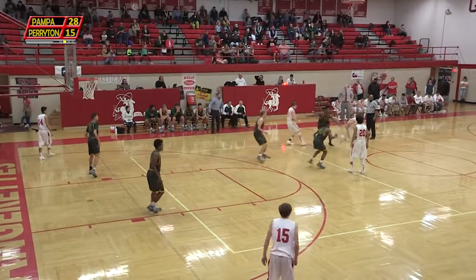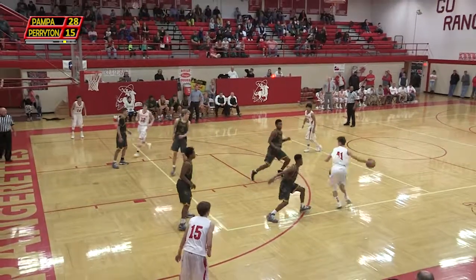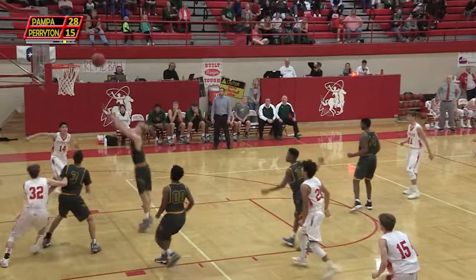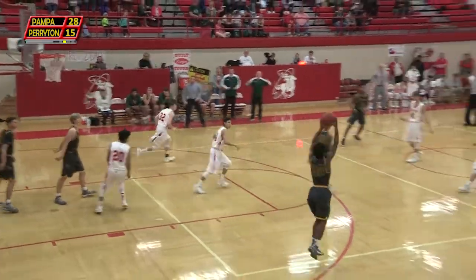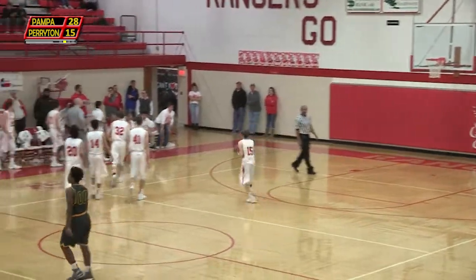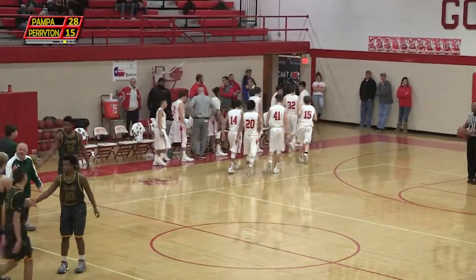Griff at the 10-second mark puts the action in motion. Brzezowski, 5 on the clock. No-look pass, Hernandez inside the paint, jumper, no good. Floyd skies in for the rebound. Shot at the buzzer is no good. Pampa at the half leads Perryton